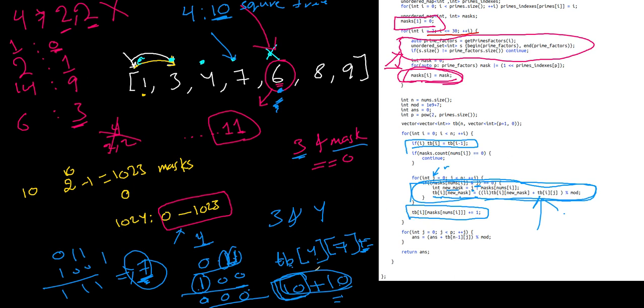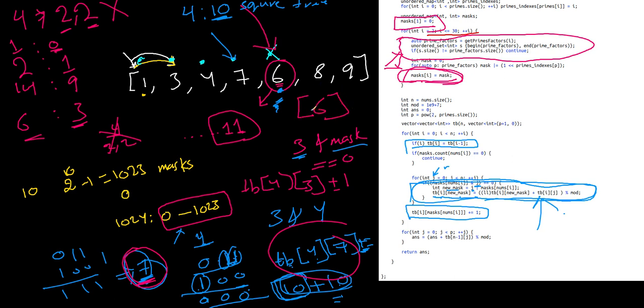And so in addition to this addition, we add dp of i for the mask of 6, which is 3, plus equal 1, and that's because the subset 6 itself is a valid square free subset,